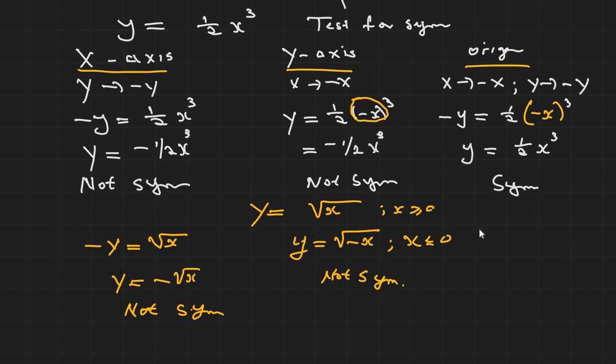Okay, and when we do the origin, we swap both. So negative y is square root negative x. So y is negative square root negative x. Oops, and please, those two negatives we cannot group together. And I often see that